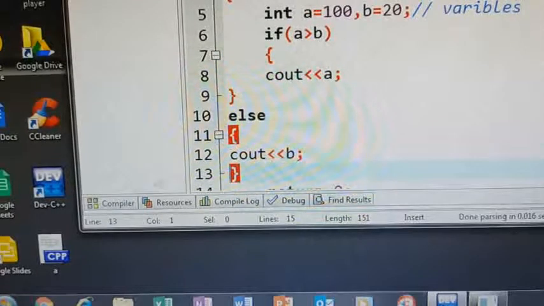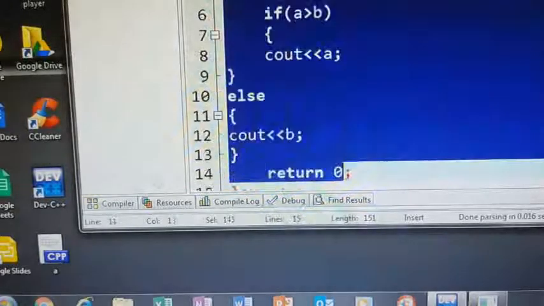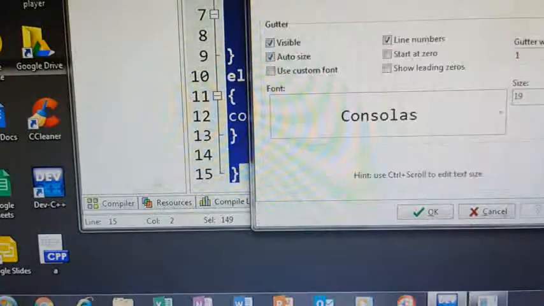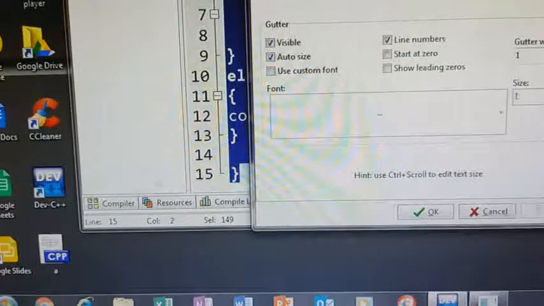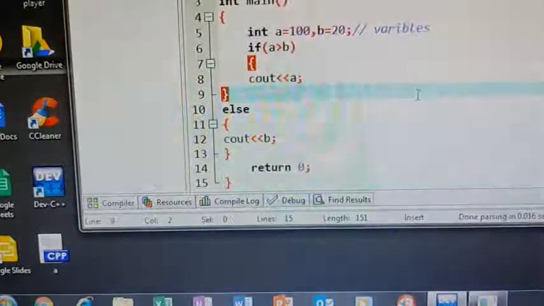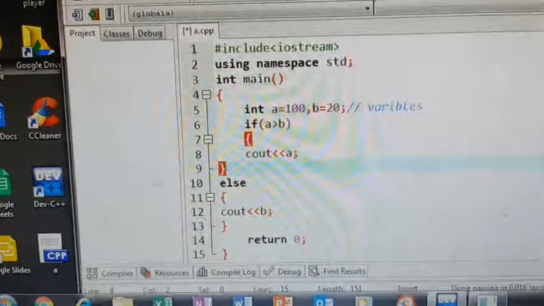Now I will change the font size so that you can see the complete program at a time. Tools, editor option, font. Okay, now you can see at least 60% of the code.